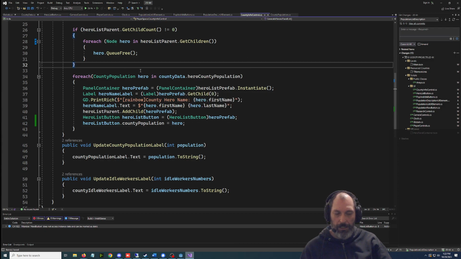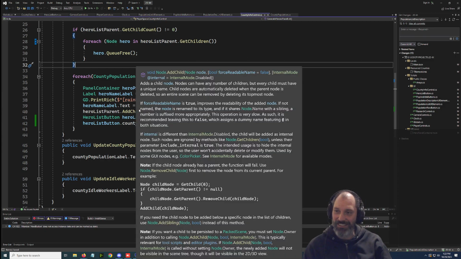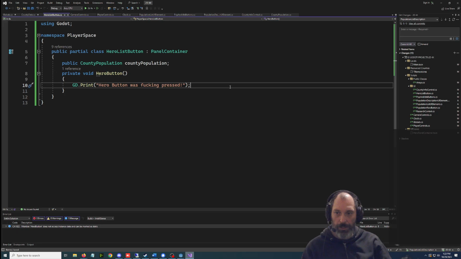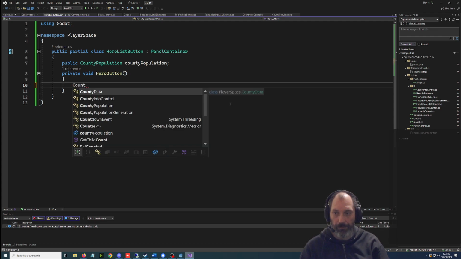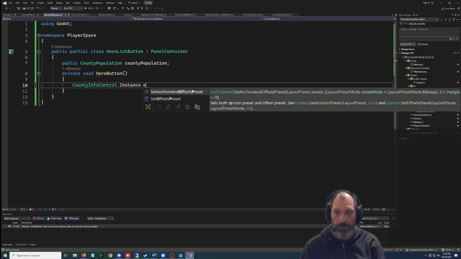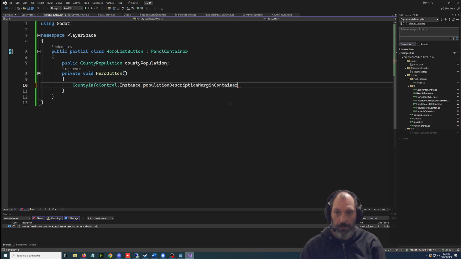And I'm counting on my skills here to work. Then when we click this, we're going to need it to do two things. We're going to have the populate. Where did we put that? That was in the county info panel. Instance population show, and